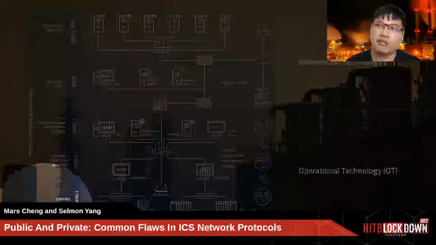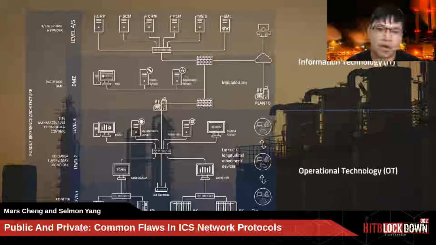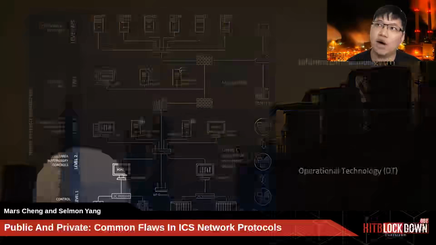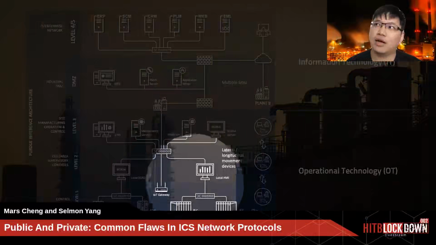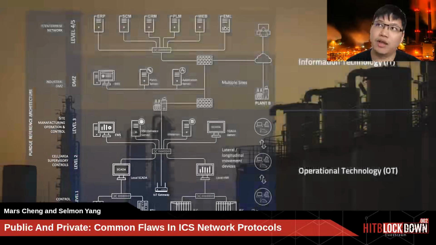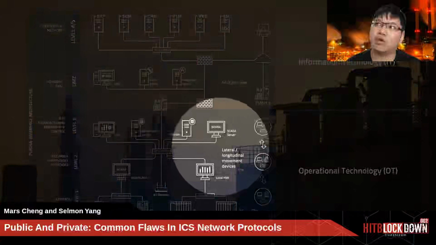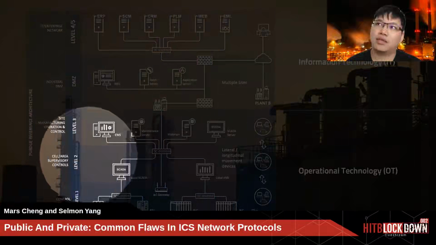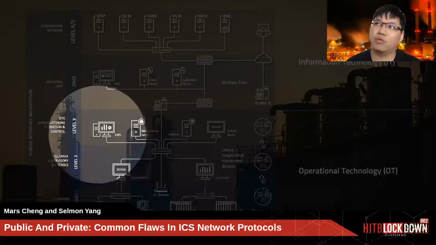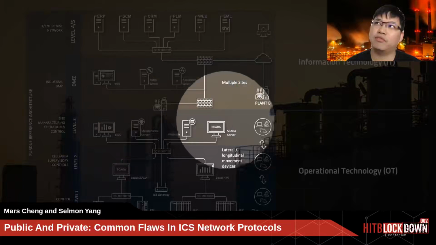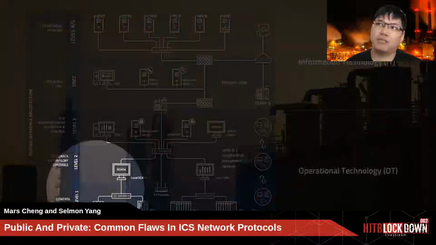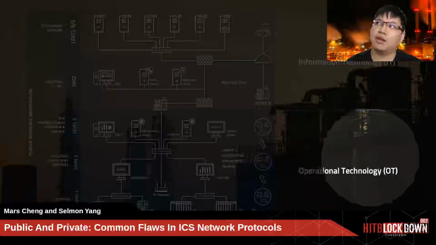Usually level 0 is the process layer, which consists of sensors or actuators. In level 1, you will see the RTU, PLC, or IED kinds of controllers deployed in this layer. In level 2, you will see the local HMI, where you will see a local SCADA in the area supervisory control layer. And in level 3, you will see engineering workstations, servers, and instruments. Altogether, level 0 to level 3 make up the OT.